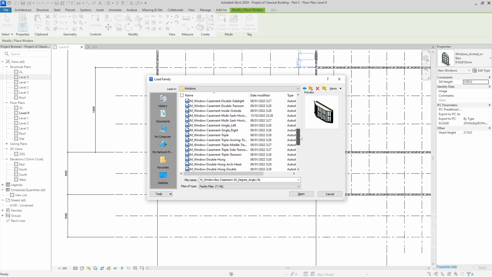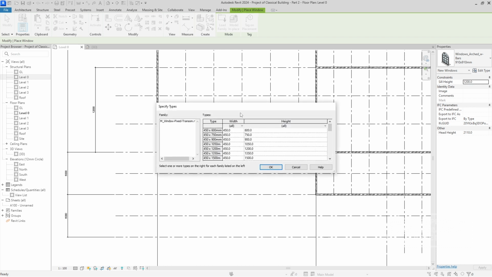So I just prepared one of family that I think matches with the current view on the figures as our reference, and this is what I mean. So we just open it, and we choose the dimension of the window. Because we have the space between this to this, if I'm not mistaken, is 4000. So I think it will be suitable if we